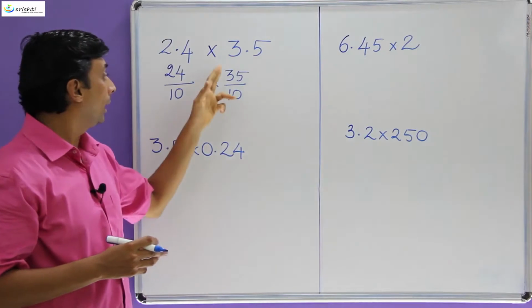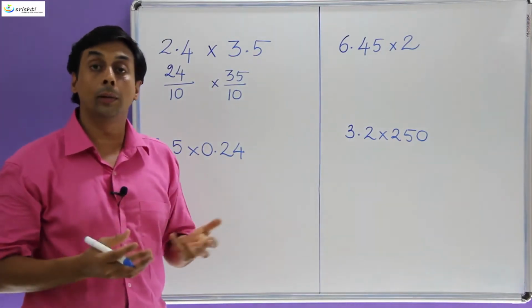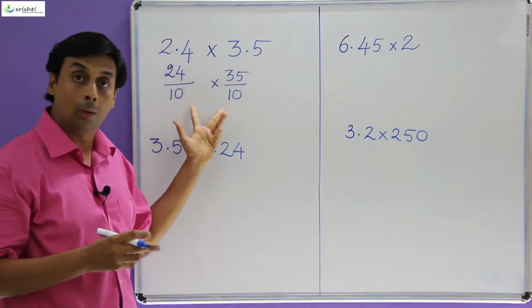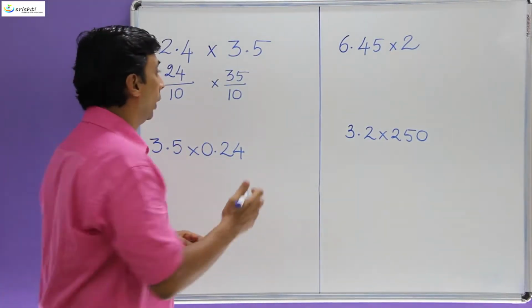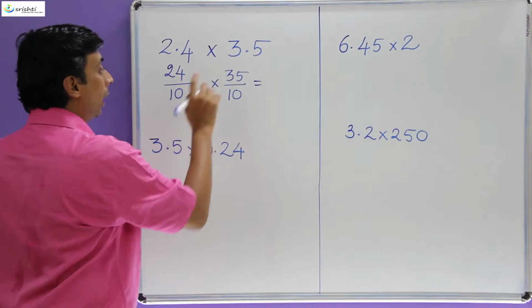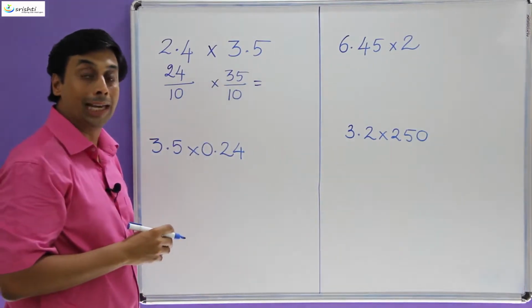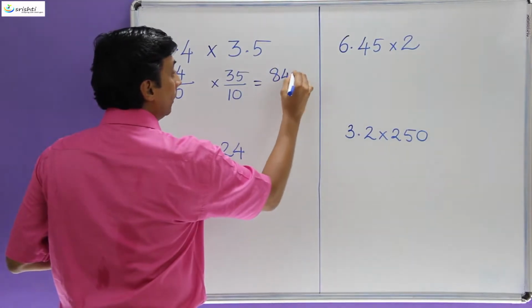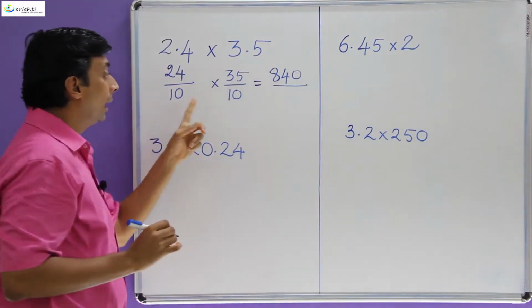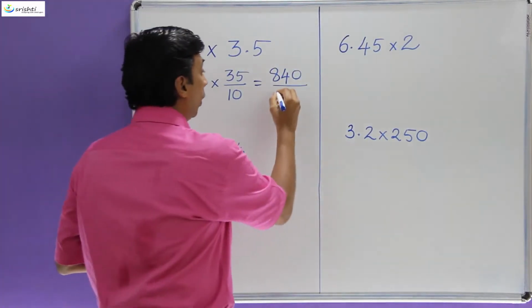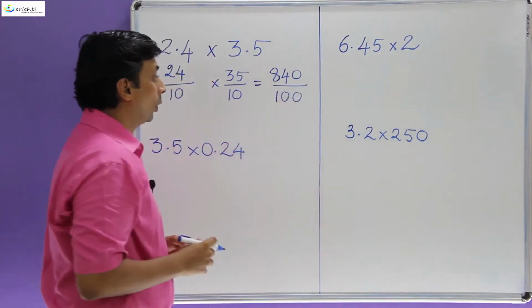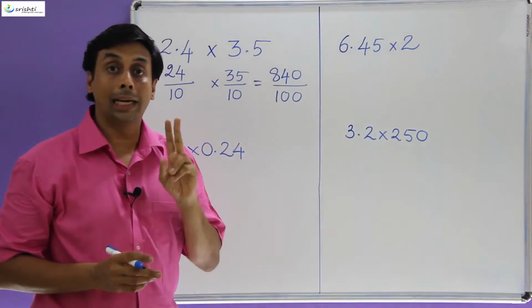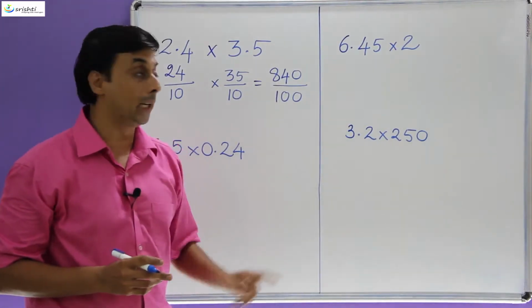So 24 by 10 into 35 by 10, how do we multiply fractions? We multiply the numerators, we multiply the denominators, and then we calculate. So 24 multiplied with 35, if you actually calculate this particular value, it is going to be 840 divided by 10 multiplied with 10 gives you a 100, right? So now this 840 is divided by 100, so that means we expect to have two decimal places in this